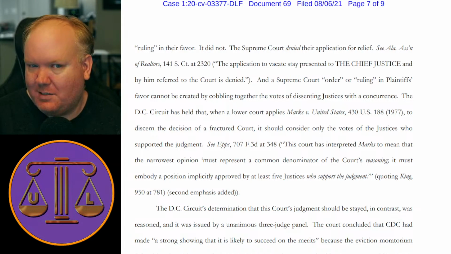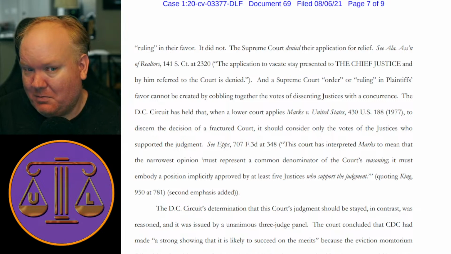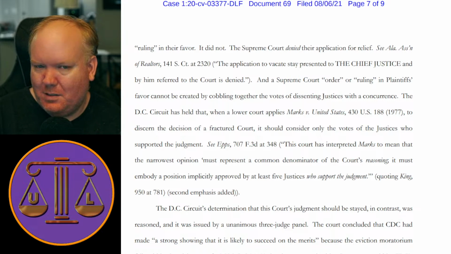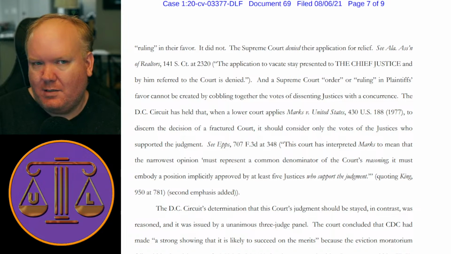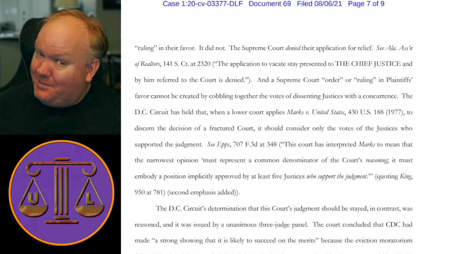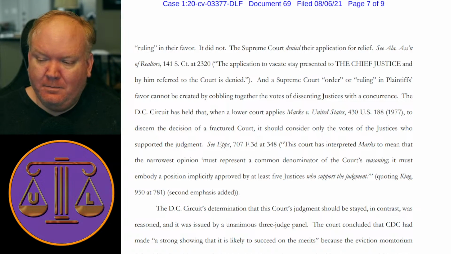So that means you have 5 votes that say it's illegal. That's a majority opinion, right? And then Kavanaugh says, well, I'm not going to do anything right now. The 4 votes say, well, we do it right now. Kavanaugh says, let it be for now. And 4 justices apparently are saying we won't do anything about it. So, the way I count the votes in Marks,